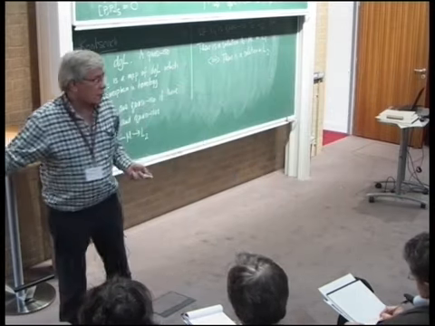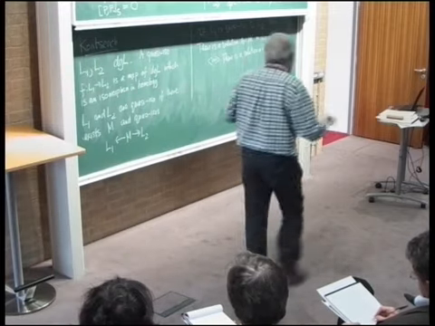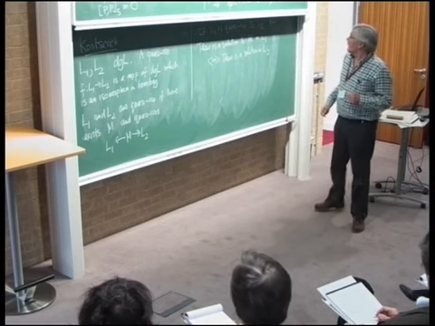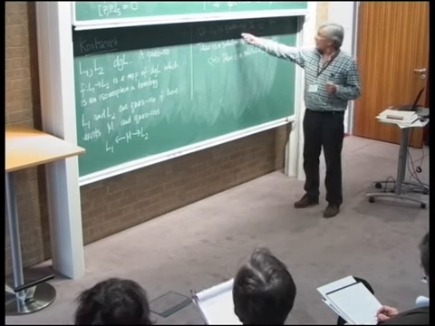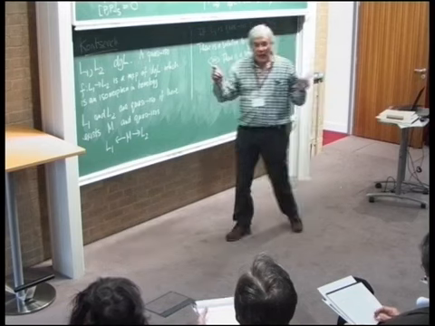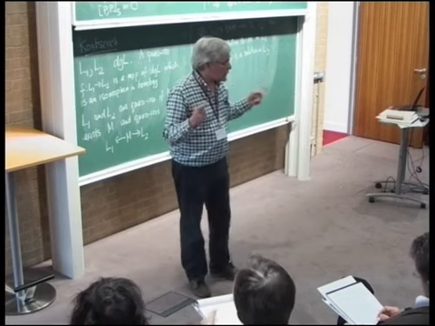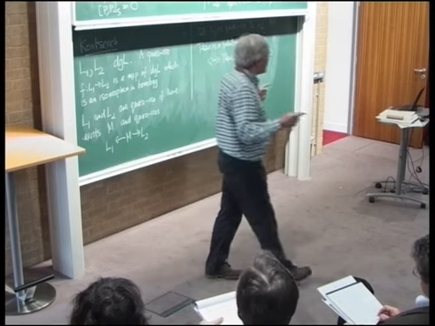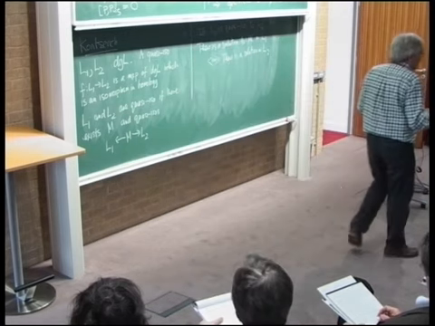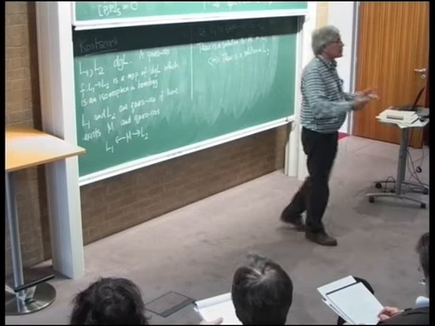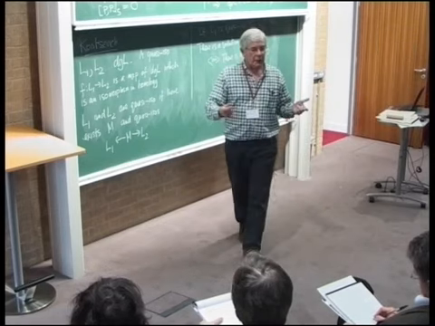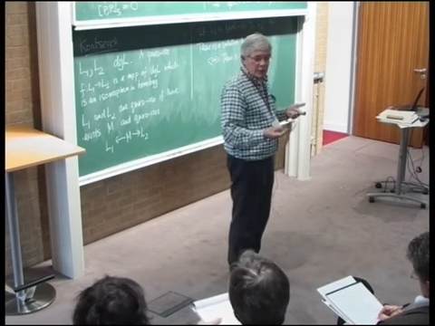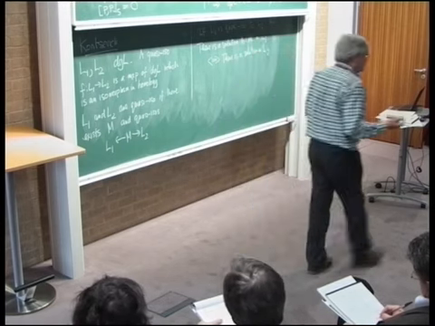In fact, something much stronger is true, but I don't really need that, or, well, we will need that at some time. The stronger thing is that if L1 and L2 are quasi-isomorphic, then there's a bijection between the equivalence classes of solutions of the Maurer-Cartan equation in L1 and those in L2. So the space of solutions of the Maurer-Cartan equations modulo equivalence is a homotopy invariant of the differential graded Lie algebra. Okay?